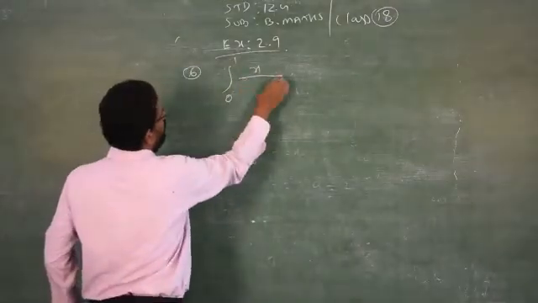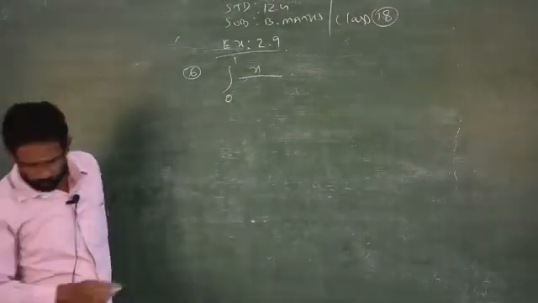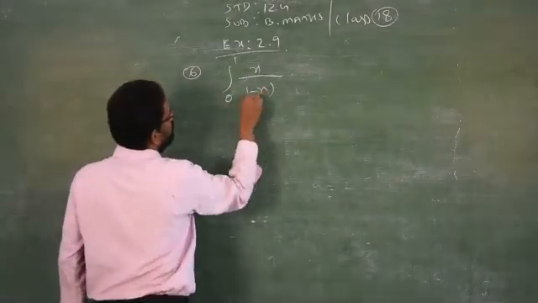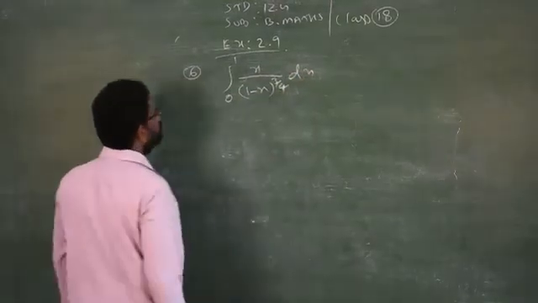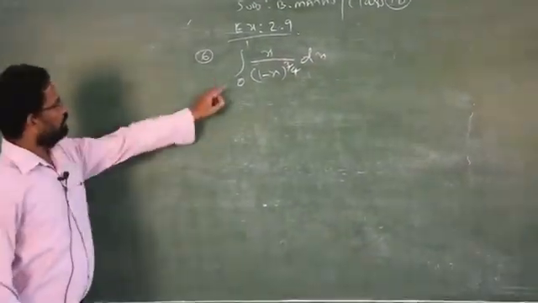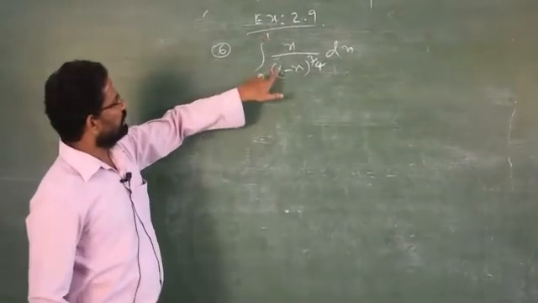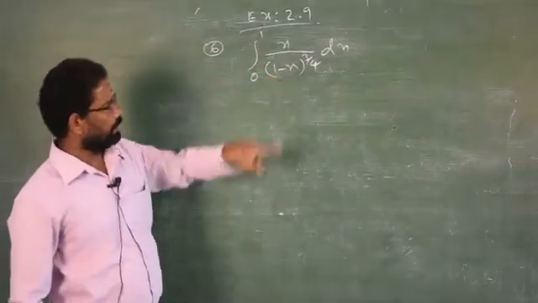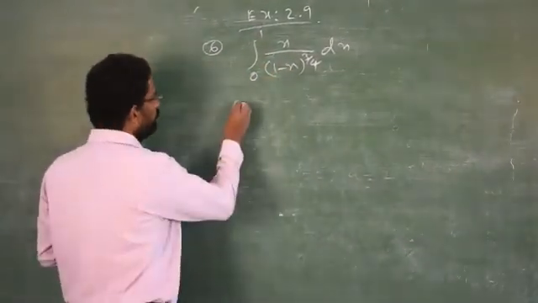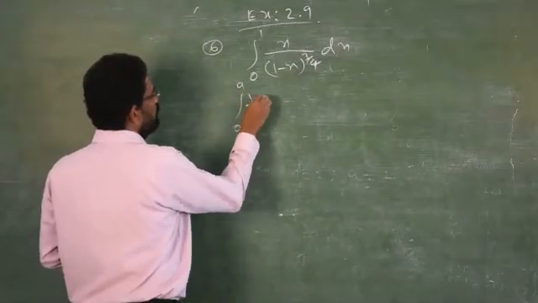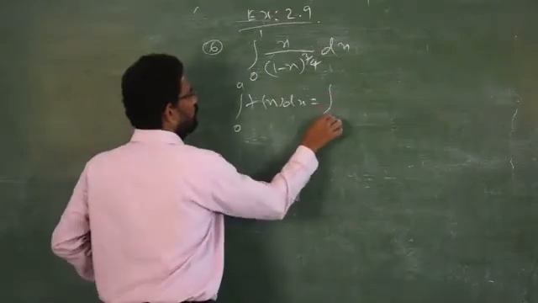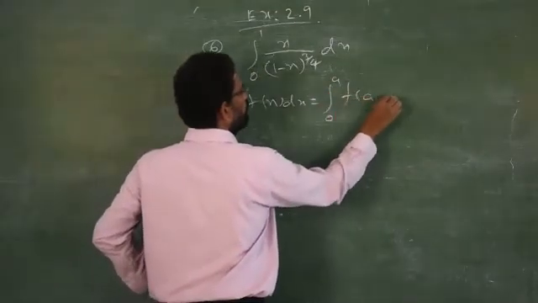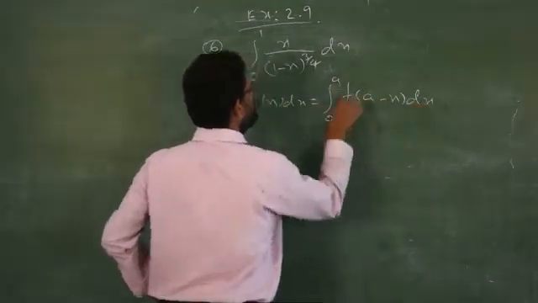x by 1 minus x power 3 by 4 into dx. So just remember, see what is the upper limit? 1. 1 is there in one part of the integrand. So you have to apply the formula, that is the integration from 0 to a of f of x dx is equal to the integration from 0 to a of f of a minus x into dx. This you have to apply.